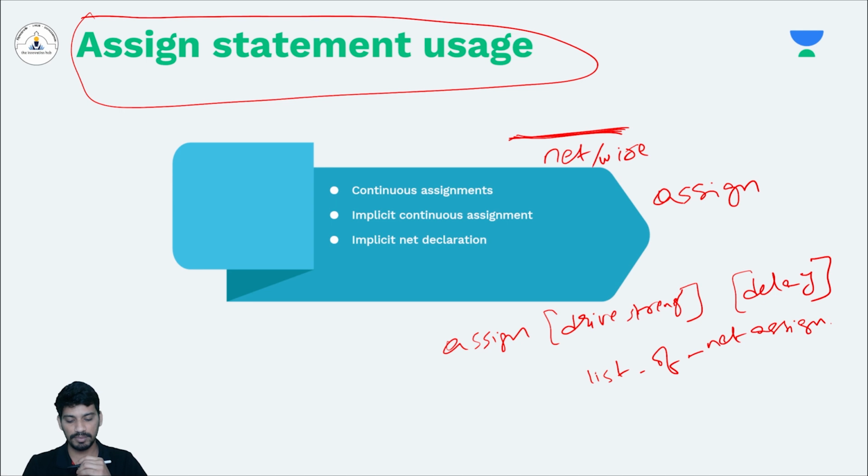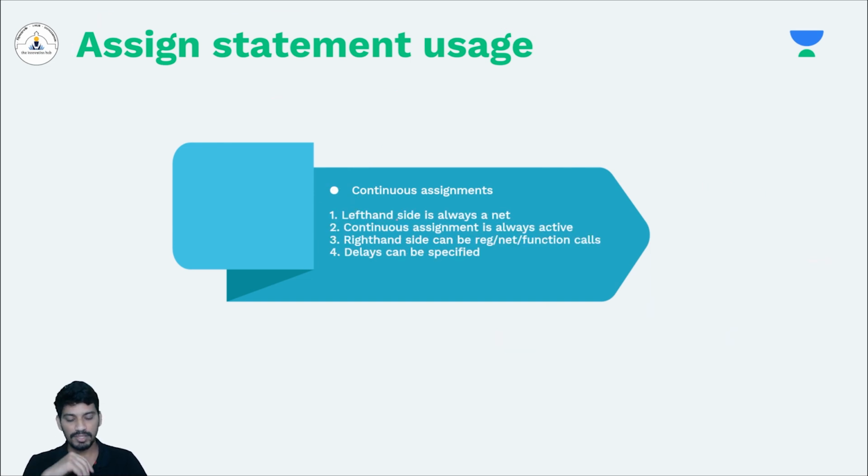Basically, there are three types you can use the assign statements. One is continuous assignment, second one is implicit continuous assignment, and third one is implicit net declaration. We will see one by one. In continuous assignment, the left side is always a net. Not only in continuous assignment, in any assignment, the characteristic of assign statement is the left side should always be a net. So what I mean is, if you want to assign, let's say assign